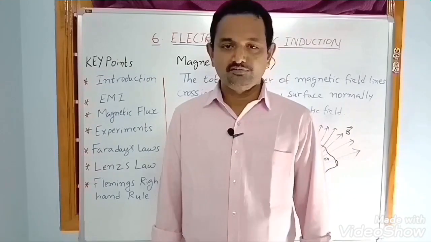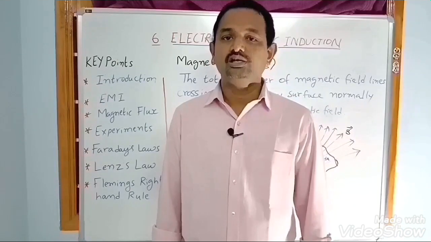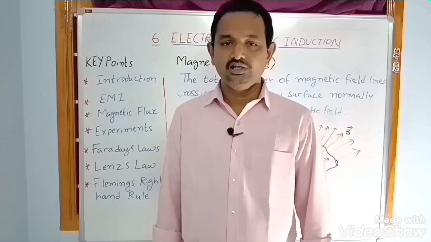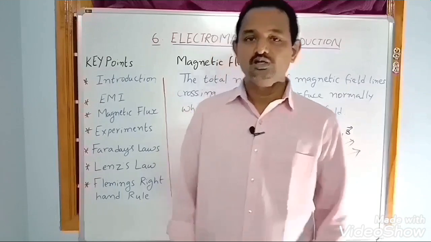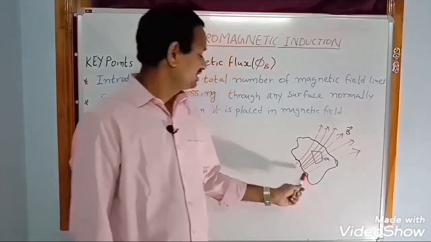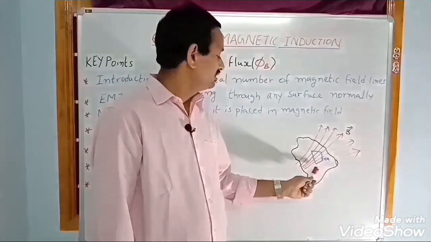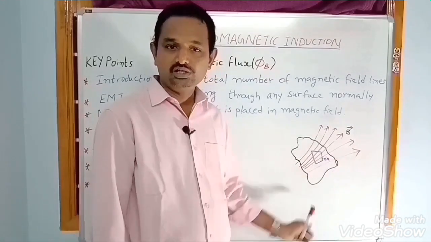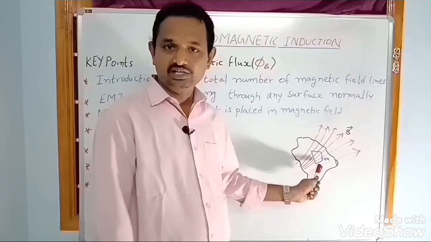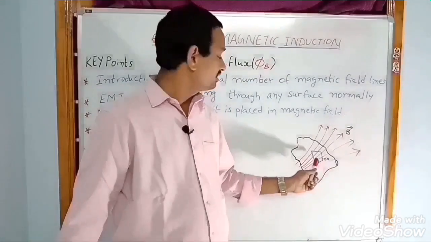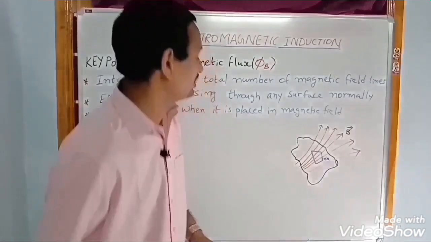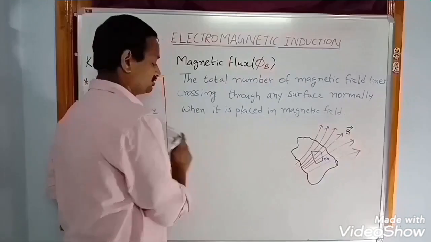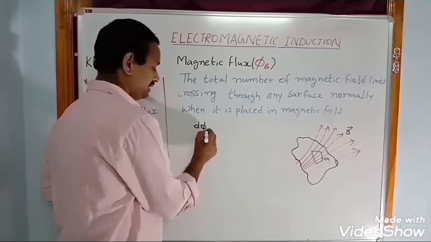The total number of magnetic field lines crossing through any surface normally when it is placed in a magnetic field is called magnetic flux. Students, look here. One surface is placed in a magnetic field. Through that surface, magnetic field lines are crossing. Here I will consider a small area dA. Through that dA, some magnetic field lines are passing. So through that dA there will be a small magnetic flux, d phi b equal to